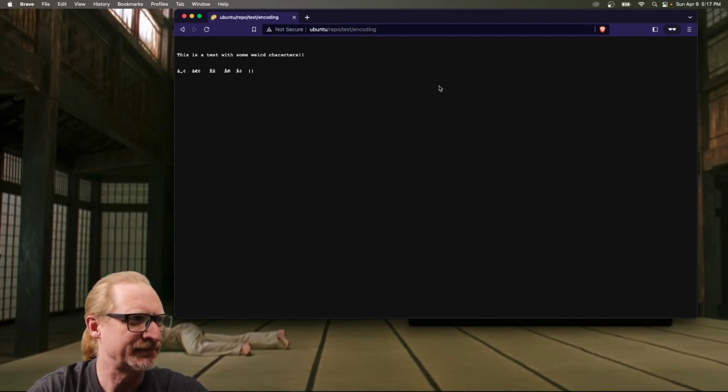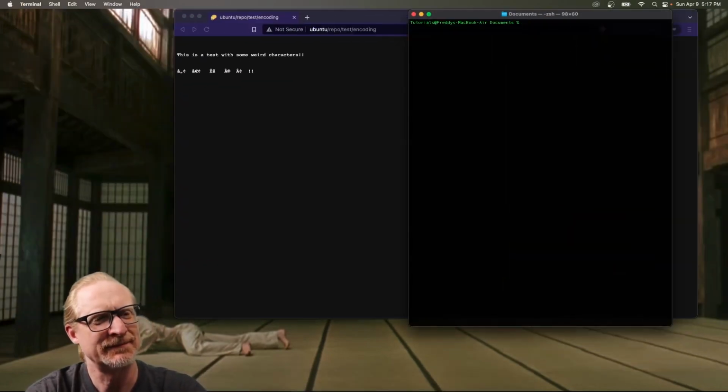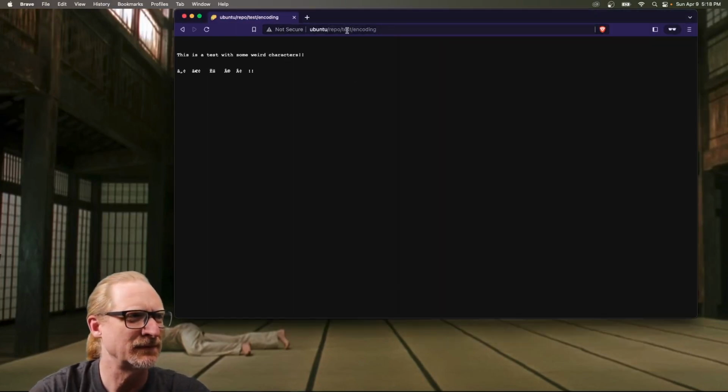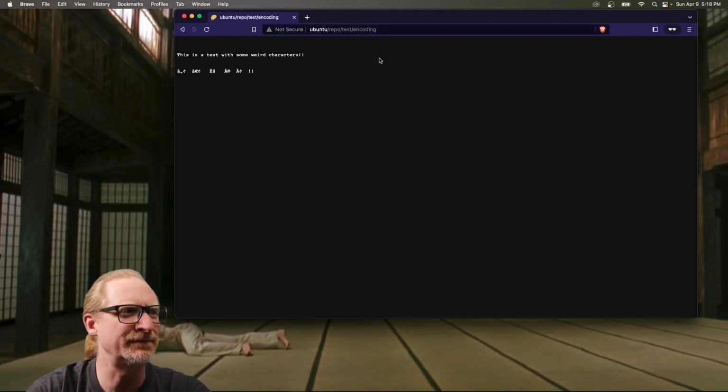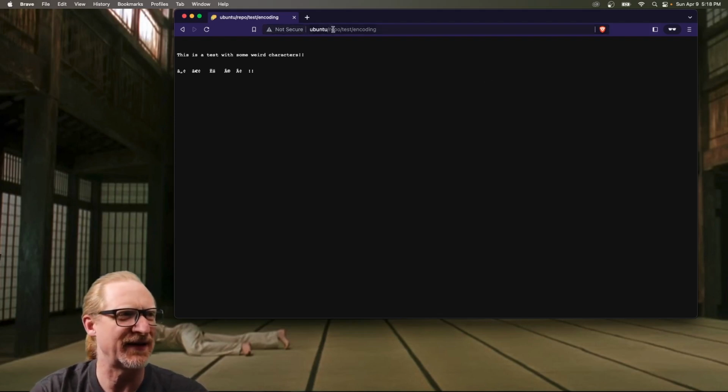Gotcha. Okay. In that case, SSH, we're going to exit out of here. I have no idea. I don't know if this is going to work out, but I'm going to say,